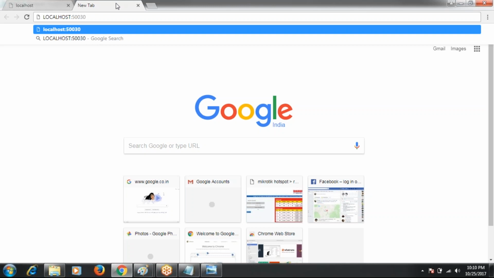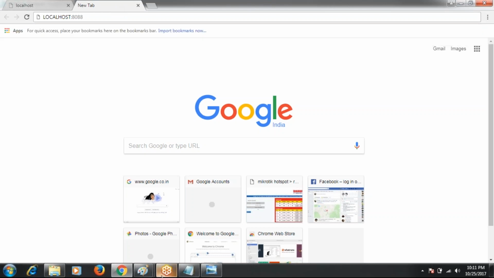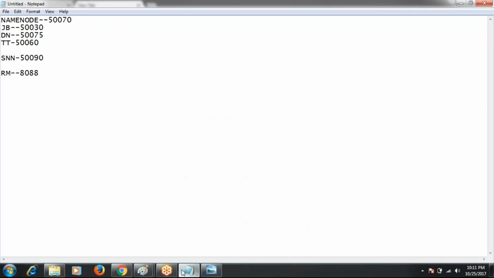In 2.x it is 8088, which shows the same status: how many MapReduce jobs or Spark jobs are running. That is the use of the port numbers. Each and every daemon has its own port number, and using this port number we can access these daemons from the web UI.